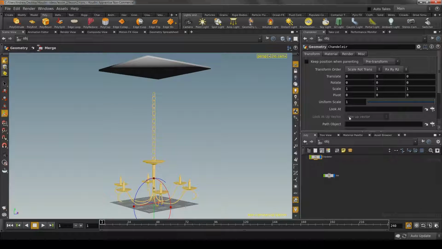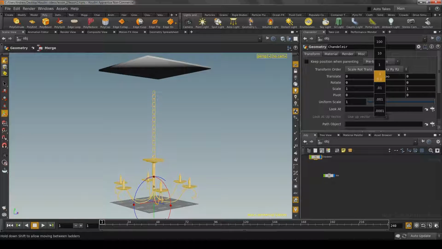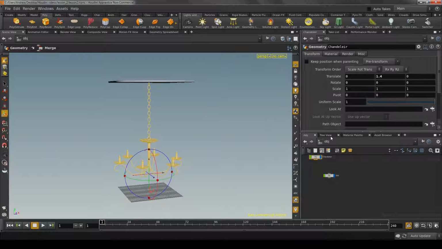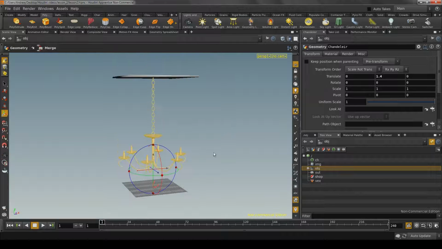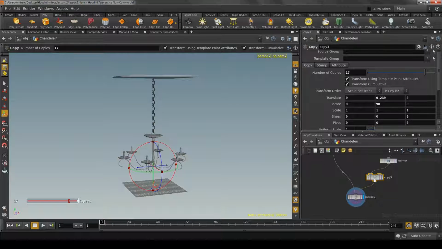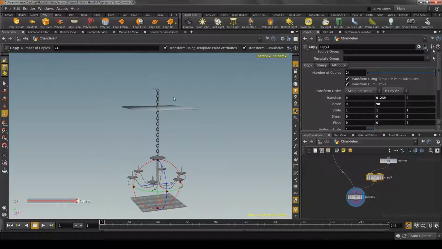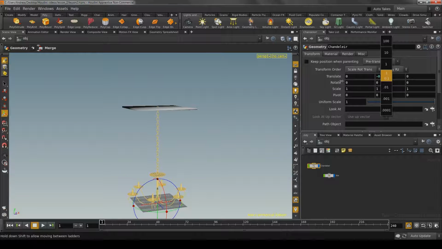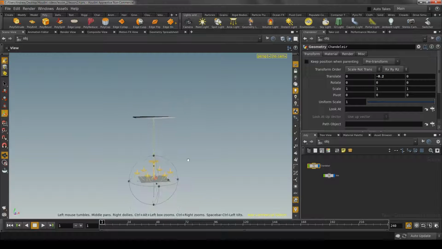So say we've got our chandelier and we put it perfectly in place how we want it hanging from the ceiling, and then we actually think, oh, you know what? It should be hanging closer to the floor. So we go into our chandelier and we increase the number of copies of the chain, maybe say like 24. Now we have a problem because the chain is sticking up through the ceiling, and so in order to edit the chandelier to be in the proper position, we have to go back up here and we have to take its Y position. We have to find exactly where the chain meets,